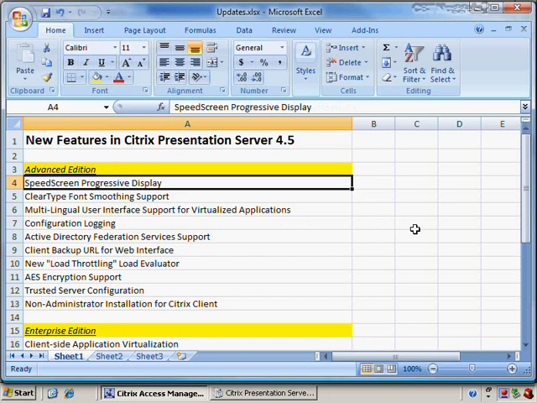One of the other big features that is new with 4.5 is a change to the ICA protocol that allows, using SpeedScreen, certain types of what we'll call full motion video capabilities. What progressive display allows you to do is enable certain ways such that full motion video or 3D CAD/CAM models, those sorts of things, or even GIS, for example, across your ICA connection, it allows you to compress those so that they appear at the client side with a lot better frame